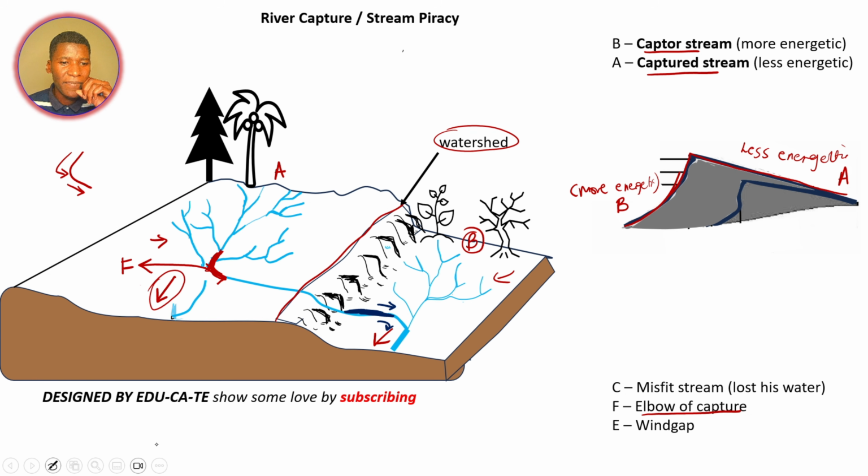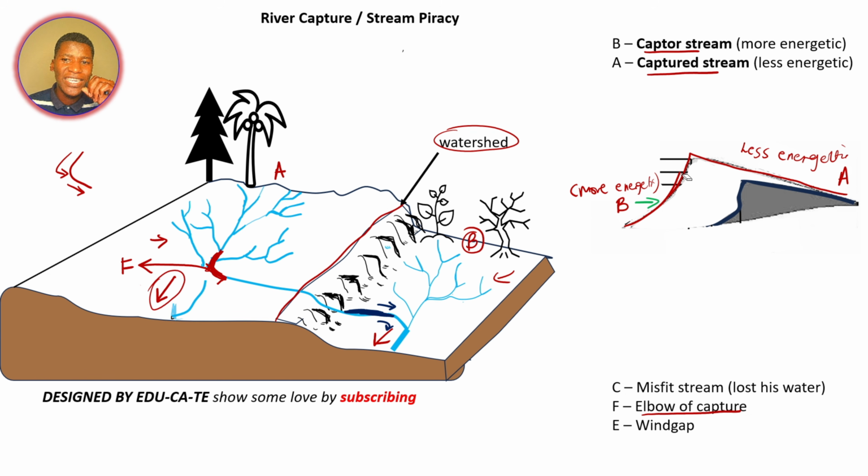It just simply means that river B will cut through the watershed. How would that look like? When river B cuts through, the watershed will end up being so small. Do you realize that here the watershed has actually shifted its position because of the headward erosion that river B is doing towards the watershed?